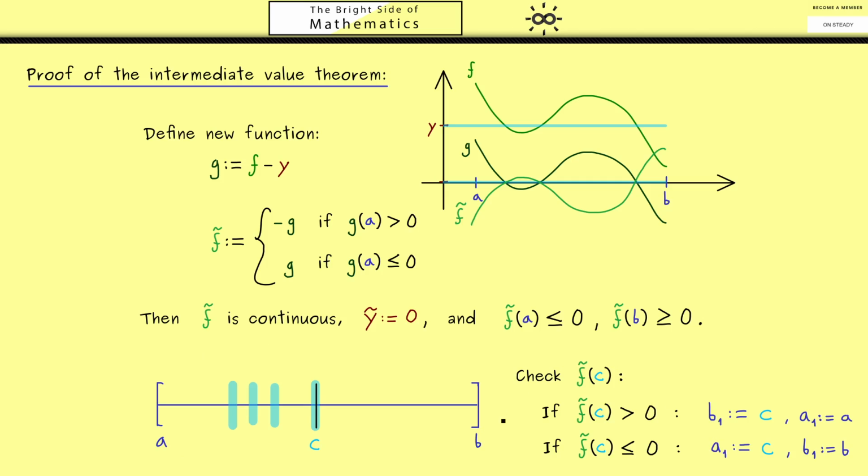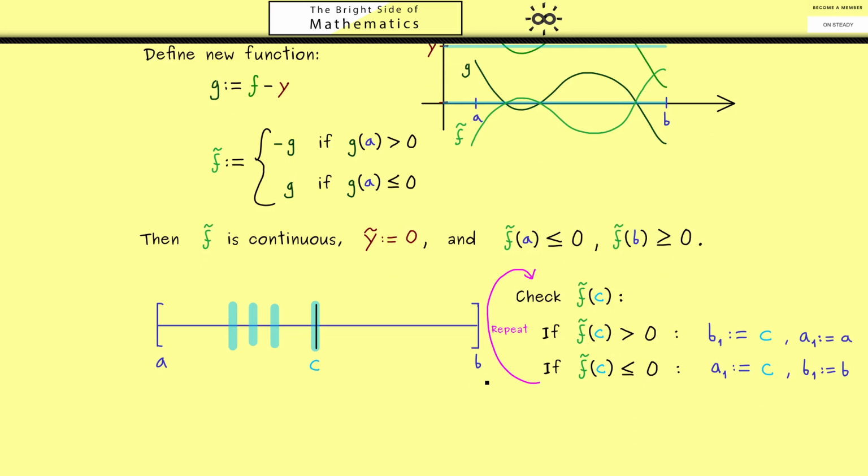Of course, the overall idea of this definition is that we still have the same assumption, we still have the sign change from left to right. This means then that nothing really changes here, we can do the same thing again. Then of course we would define B2 and A2, then afterwards we would define B3 and A3 and so on. Therefore in the end we get two sequences out. So we have AN and BN, and by construction we know they are Cauchy sequences.